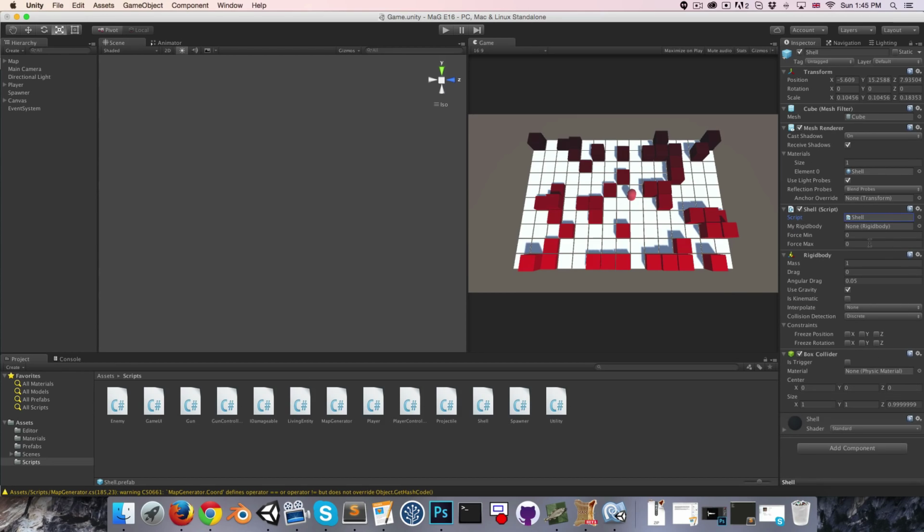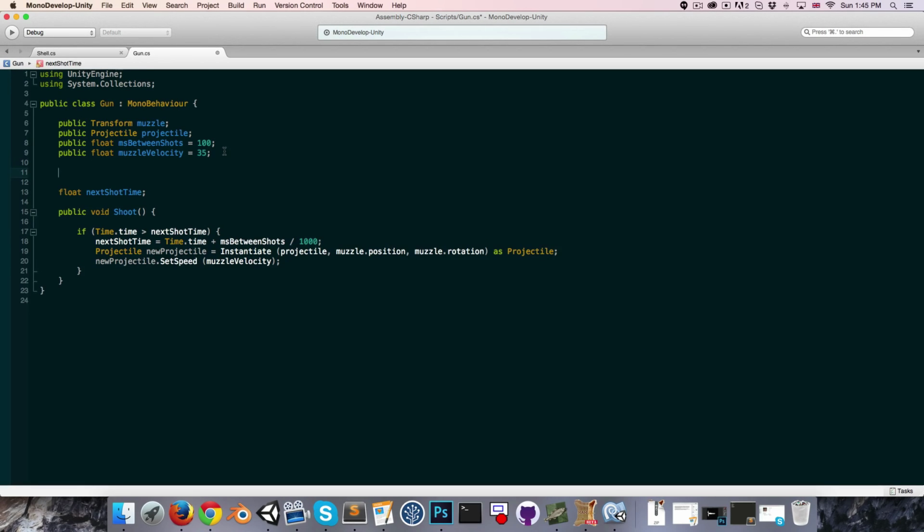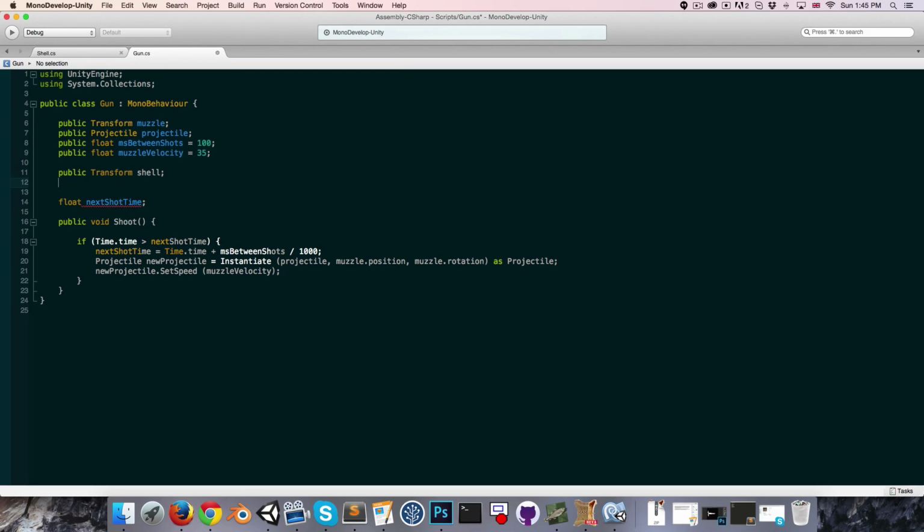We're going to want to get this. Well, let's actually just assign these variables quickly. So drag in my rigid body, say force min and max maybe 90 and 120, and we want to get these instantiating from the gun. So let's open up the gun script and create a public transform shell and a public transform shell ejector, I'll just call it shell ejection, for the point from which it will be